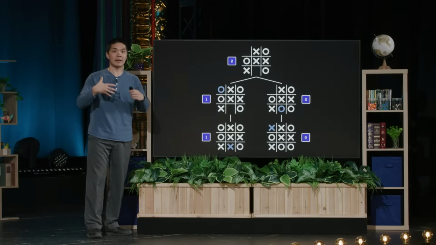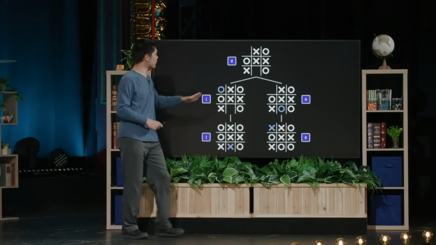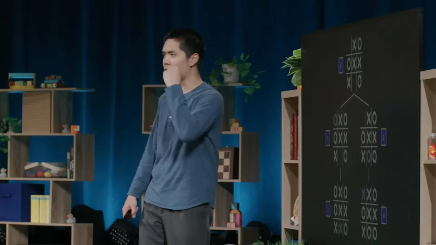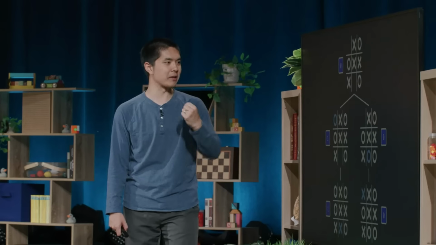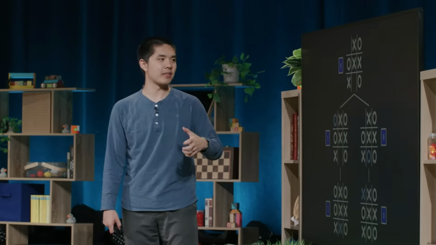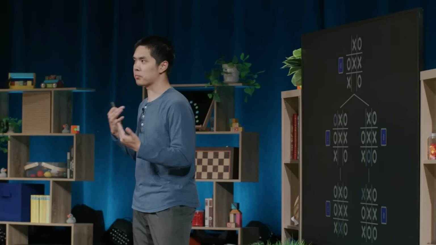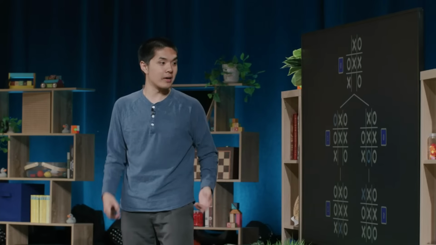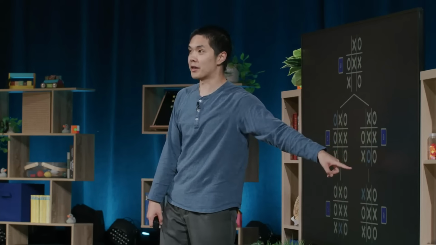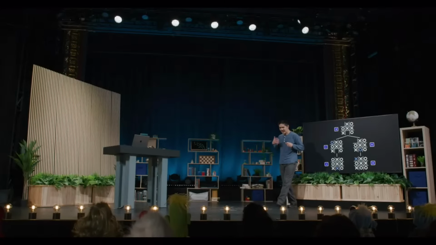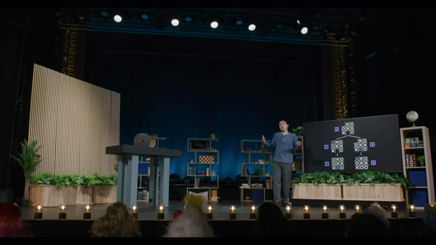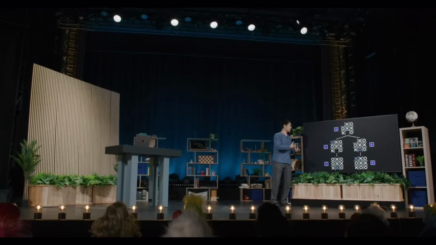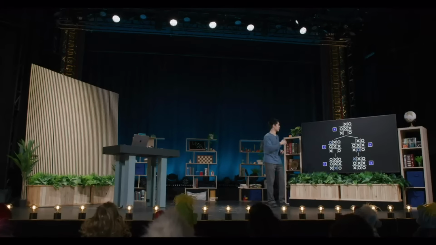And so what that means from an AI's perspective is that you could give this game position to an AI, tell them that you are the O player, it's your turn to make the next move, and the AI would be able to realize by doing this calculation that the game is going to be a tie if both players play their best move, and moreover, that the best move is to play over here in the bottom middle. And it turns out we've been able to do that here from near the end of the game, but you could also do that near the beginning of the game too. You would just have many more possibilities that you would need to consider.